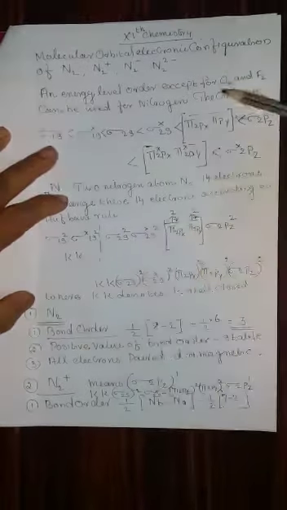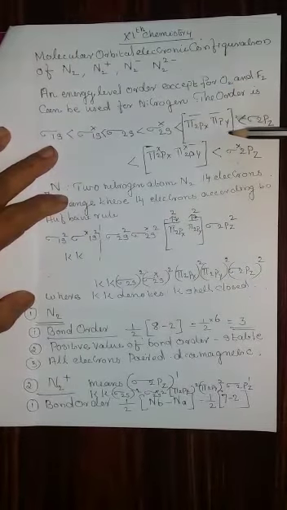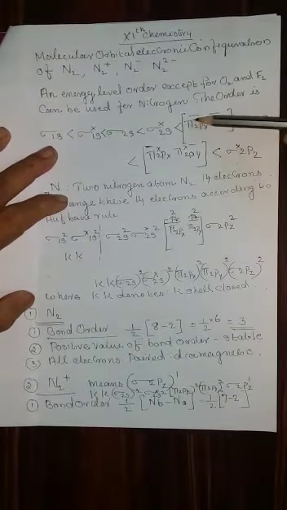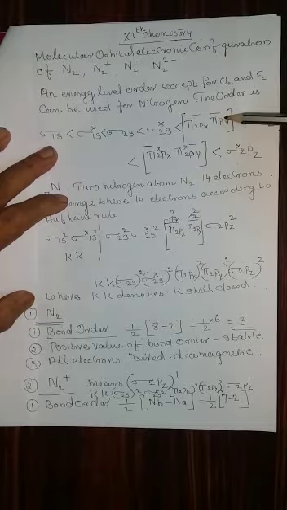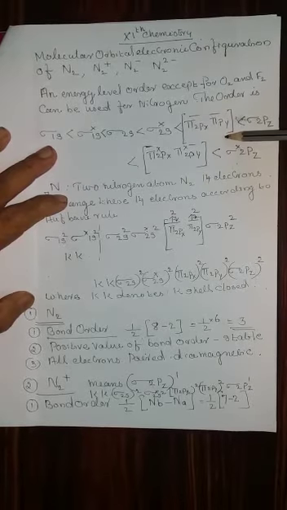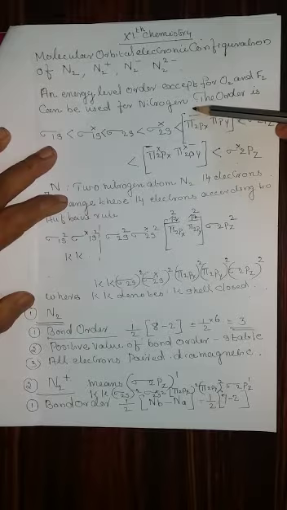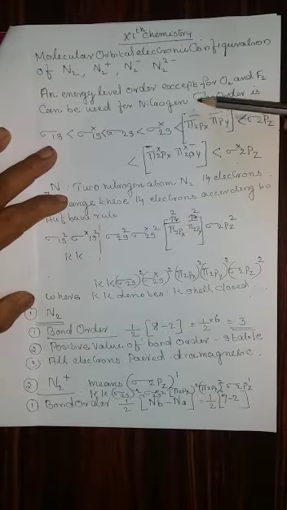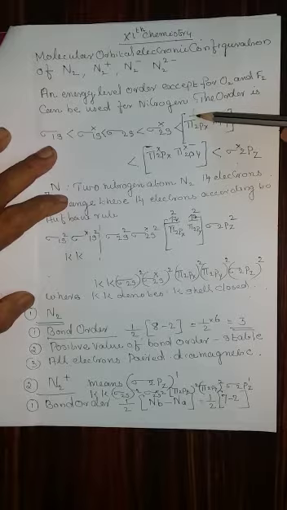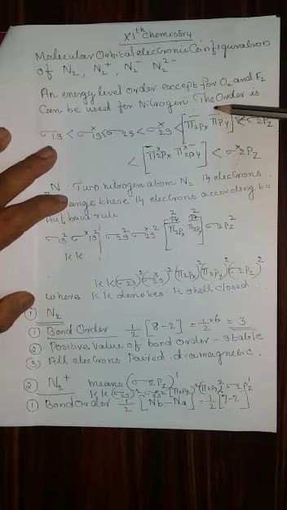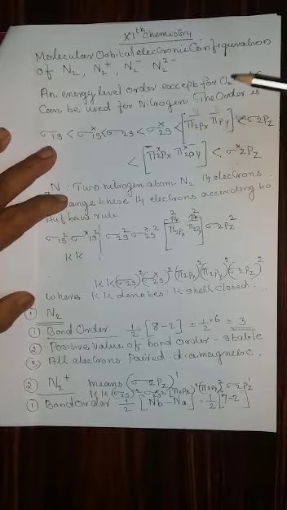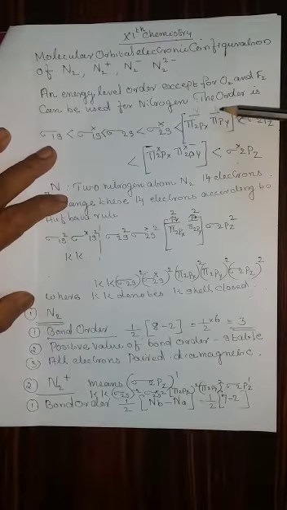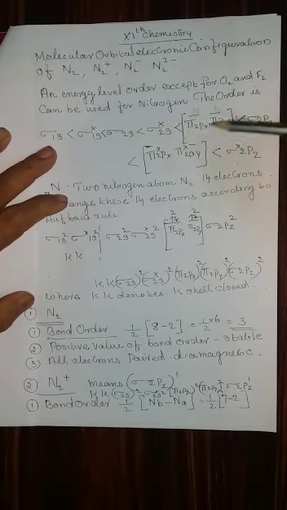And wherever orbitals have the same energy, for example, pi 2px and pi 2py both have the same energy, when you are filling the electrons, you fill the first one with 1 electron. After that, you don't pair this electron. You put the next electron on pi 2py. After that, if you have more electrons, you pair the pi 2px, and after that, you pair the pi 2py. This is the way that you have to fill the electrons.